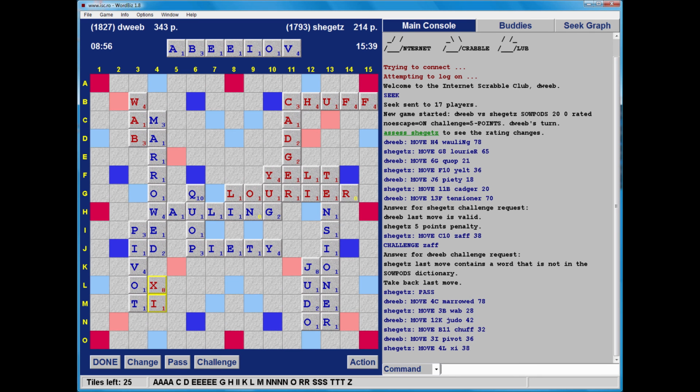38 points for my opponent. He's still got the Z. I still can't play above chuff, nothing to go above the U. My V can go in front of ID in row J, but I can't see a way of playing more than one tile in that spot. I've got a B for going after Joe. No, well, I still have this